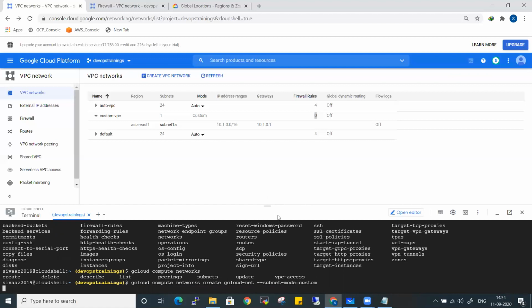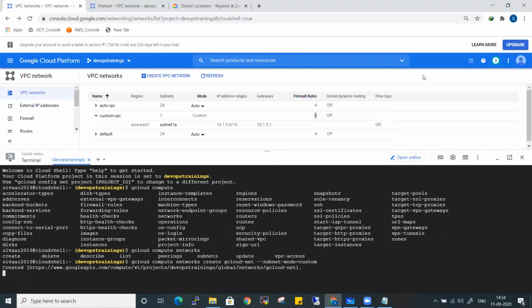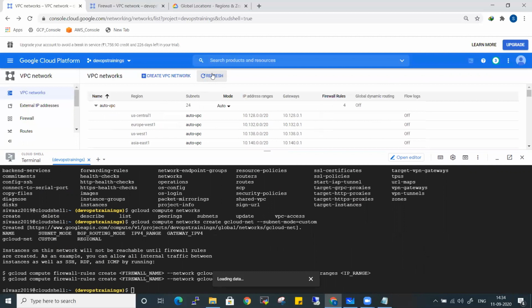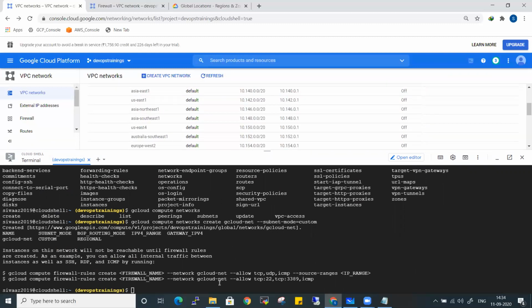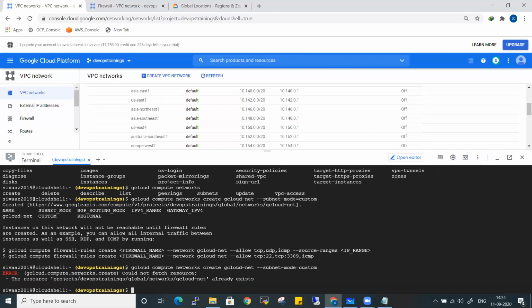Let's see, what exactly is throwing an error? There's an issue with my internet.